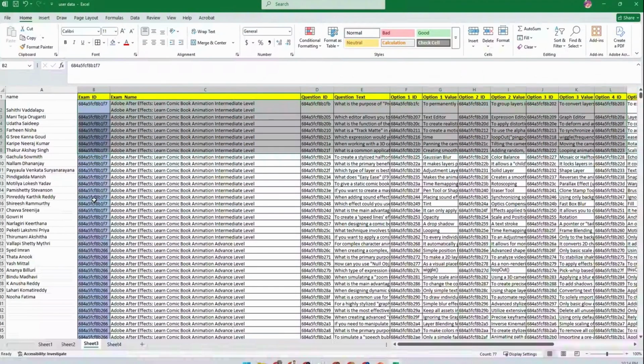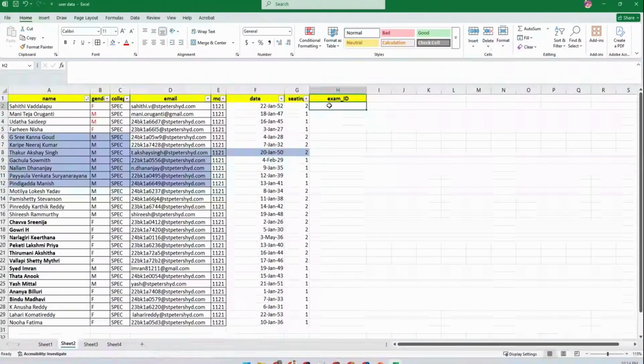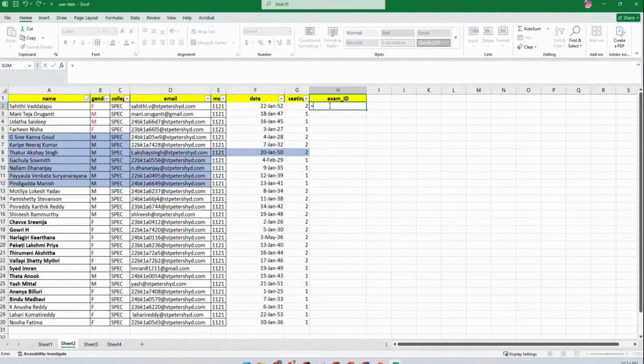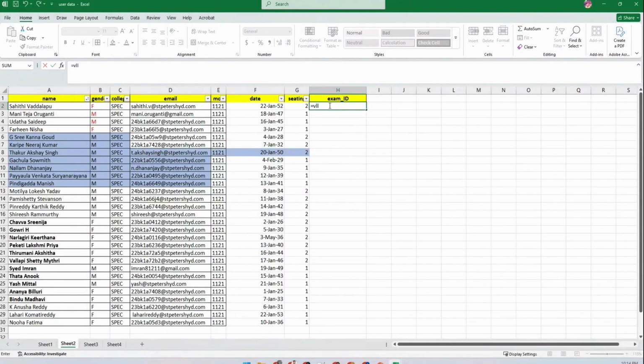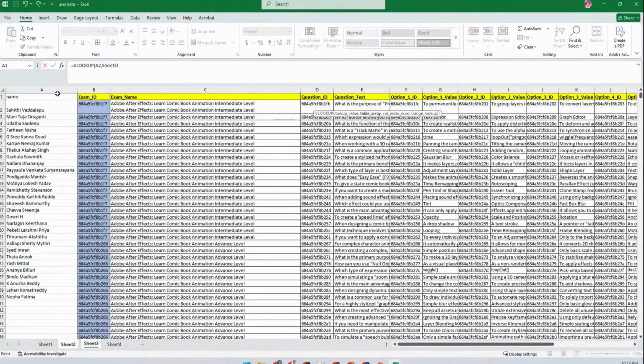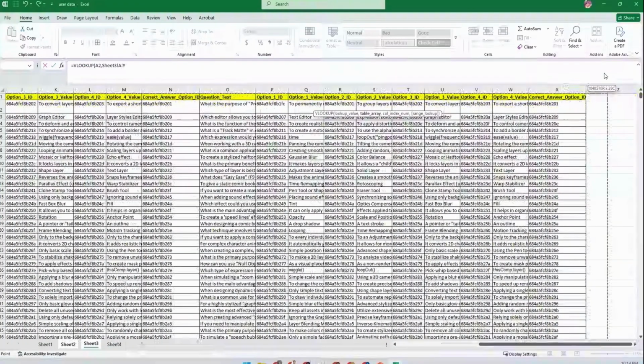So what I would do, I would click on this cell. I'll say equal to. Now this equal to is common for all the formulas that we use. Okay. I'll say equal to VLOOKUP. Double click on this. Looking up which value? The primary key, right? So this becomes the primary key. Then say a comma. Table array, like you want to look up this value in which table array or on which table. So Sheet3, you will see Sheet3 came up here in the address. Now you want to look in this entire table that I have mentioned here,